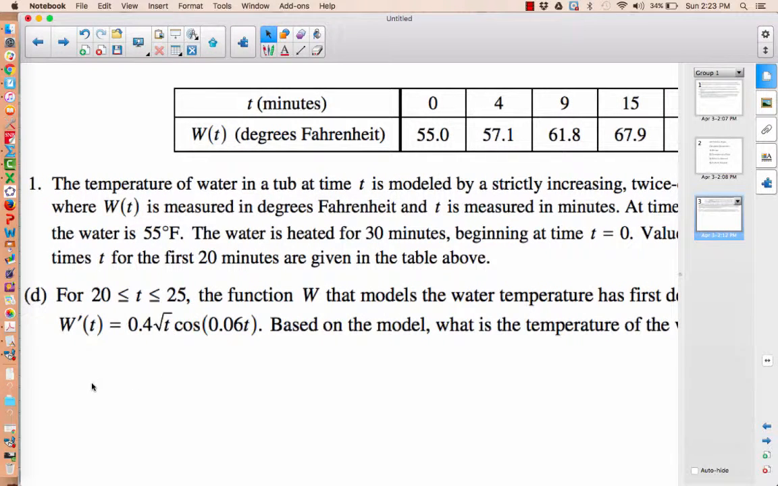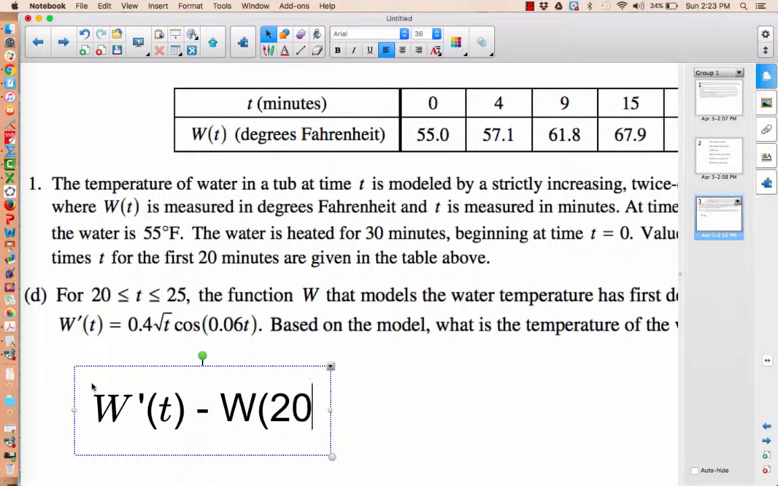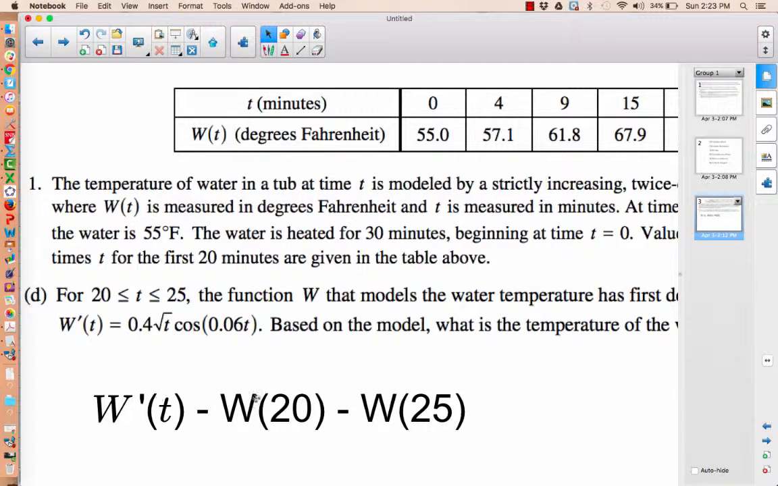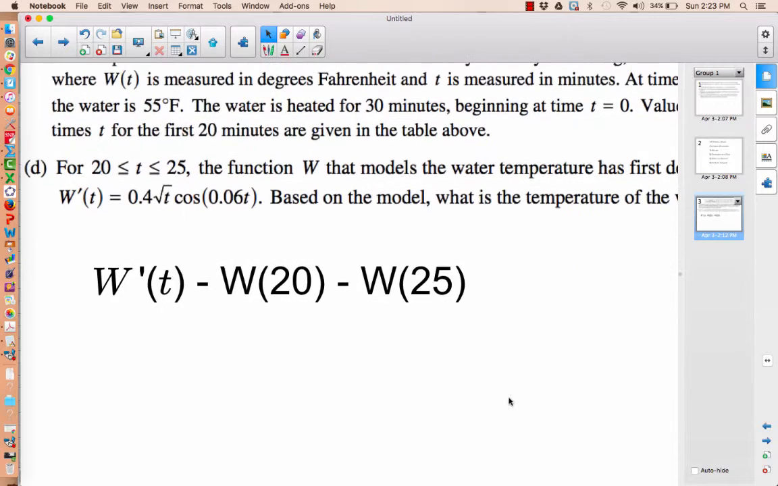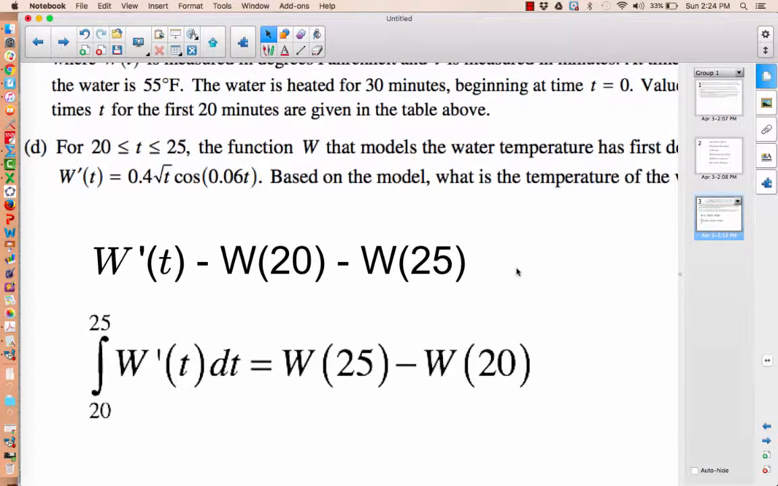So what I want to direct your attention to is that we have this relationship again. We have w prime of t. We have the value of w of 20, and we're asked to find the value of w of 25. And there is a great calculus relationship that connects those three symbols. We need to start to become very, very comfortable with it. And if you think about it for a few minutes, you'll probably come up that the relationship we need is